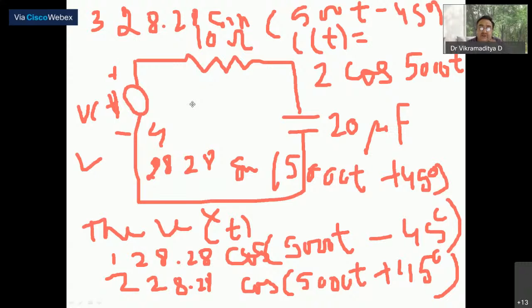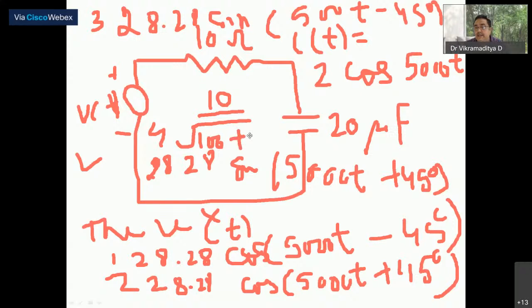So when you calculate this R by Z, how much is it? R is how much? 10 ohm. I am calculating cos phi. R is 10, and what is Z? Z is nothing but under root R square plus X square. So it will be under root 100 plus